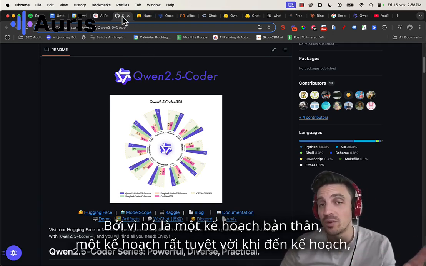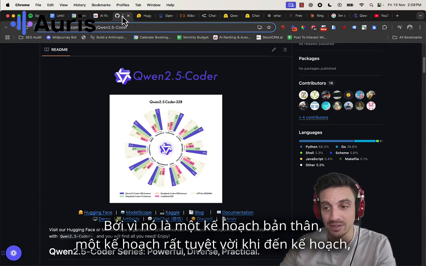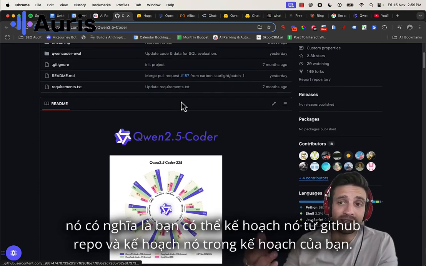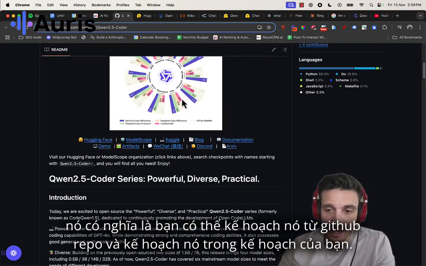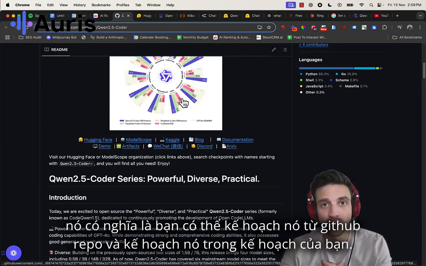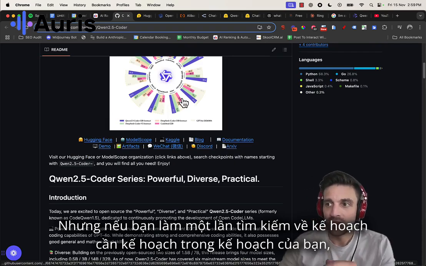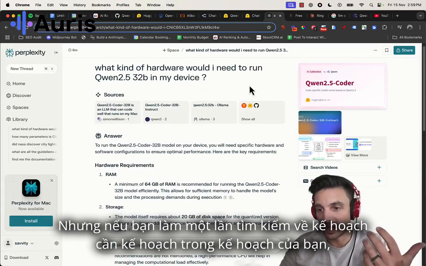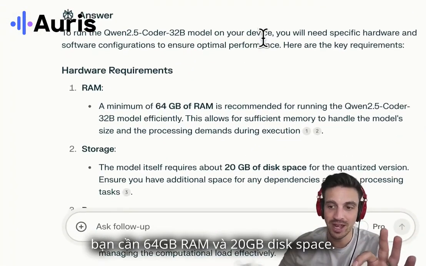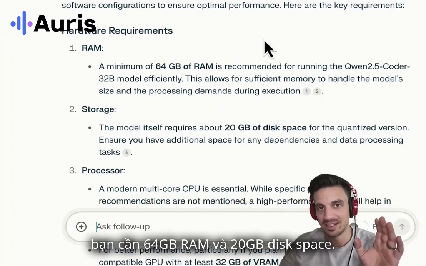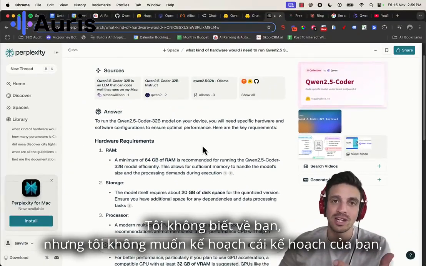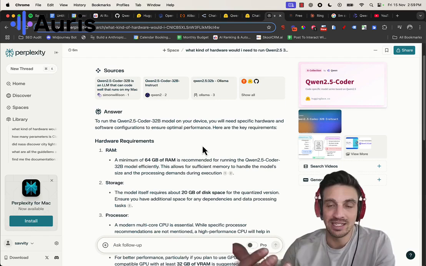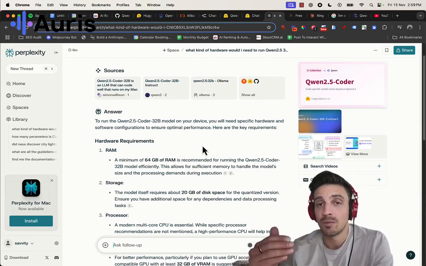Now, because it's open source, which again is an amazing part of this, considering that it's competing against large flagship models, it means that technically you can download it from the GitHub repo and run it on your local computer. Except the problem is that doing a quick search in terms of the parameters needed to run this on a local system, you need about 64 gigabytes of RAM and at least 20 gigabytes of disk space. I don't know about you, but I don't want to download this humongous large language model on my laptop just to test it out. So in this video, we're going to test it,